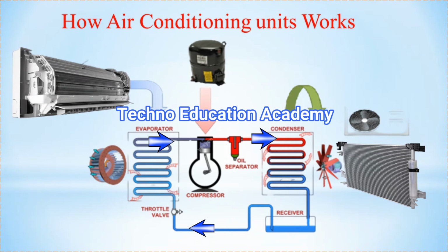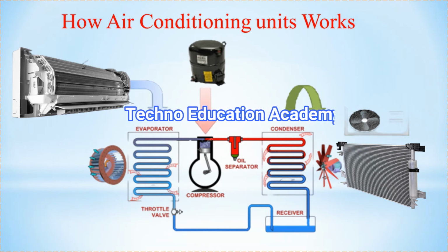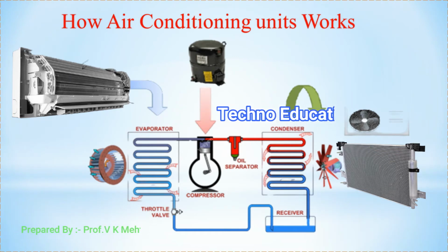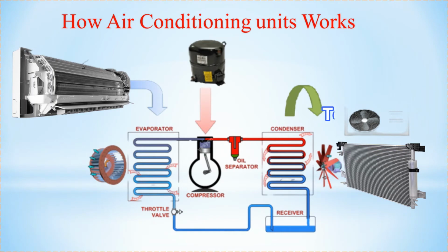In the literal process of compression, the compressor sends refrigerant to the condensing coil in the form of high pressure gas. Whenever the refrigerant is compressed in a compressor, its pressure and temperature will increase. So this refrigerant will be converted into gas form, and after that it will pass through the condenser coil.